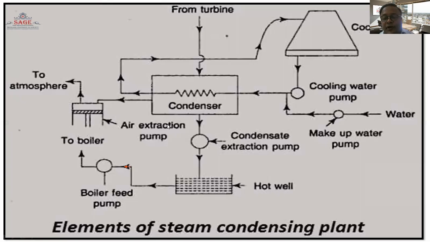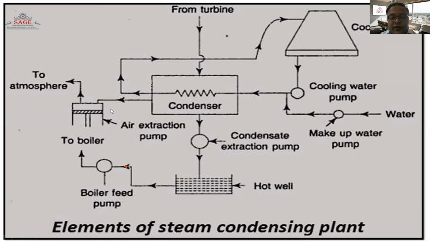So where the boiler the steam will be condensed and reused again and again. तो यहाँ पे जो आप देख रहे हैं कि आफ्टर द कंडेंसर जो भी आपका कंडेंसेट निकल के आता है, उसको हम हॉट वेल में इकट्ठा कर लेते हैं और उस हॉट वेल से जो भी लिक्विड आपका इकट्ठा हो रहा है उसको बॉयलर फीड पंप के द्वारा बॉयलर यूनिट में भेज दिया जाता है।